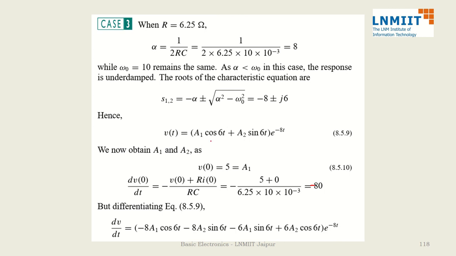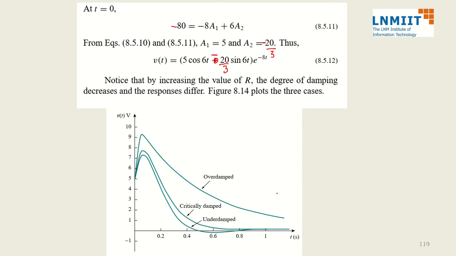Similarly, if I have alpha less than omega, there is not going to be any difference. I will say now I have complex conjugate roots. These are the values. This is my general form of the solution which we have studied. I need to focus on the calculation of A1 and A2. Put t equal to 0, this is my first equation. Take the derivative and put t equal to 0, you get the second equation, you get A1, you get A2, and you get your final equation.